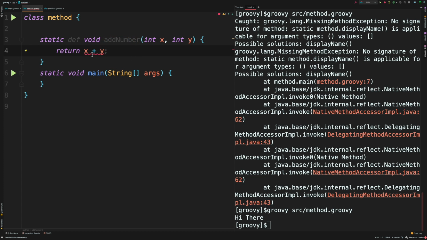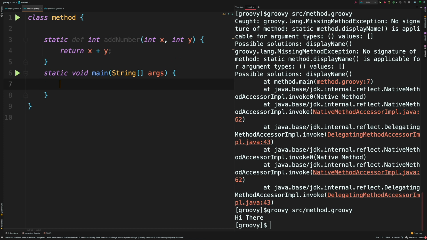So that's a problem. Here we are explicitly defining the type that is going to be returned, which is going to be integer. So I'll just type int. Now the error goes away. I'm going to use this method inside the main method. So I'll call it by add numbers, and I'm going to define some values for x and y.